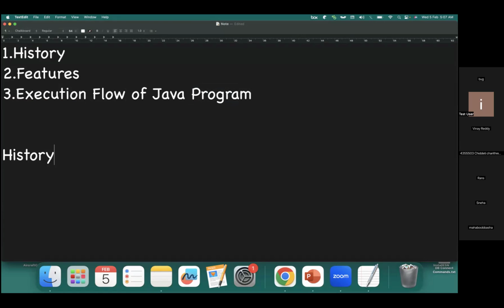Basically, in the 1990s, Sun Microsystems was a normal IT company. They got one project, and the project name was Stealth. They hired some team members to work on this project. They hired around 4 to 5 team members. The main requirement of this project was to develop a microprocessor which can